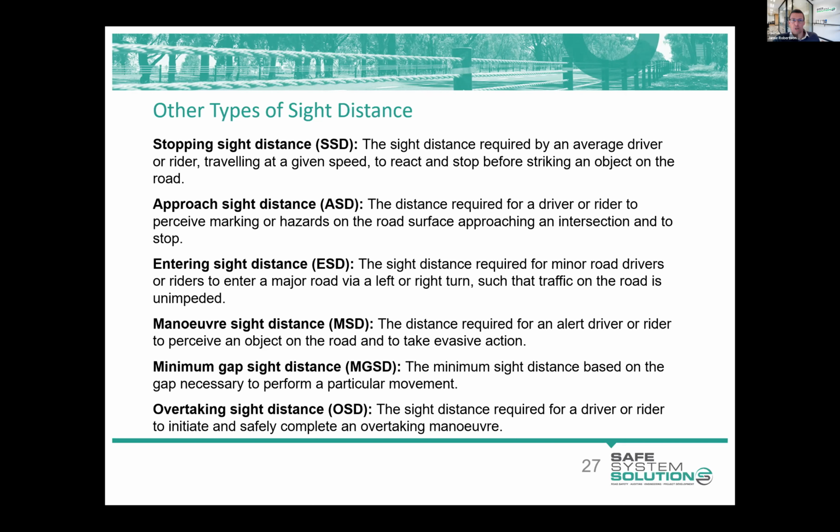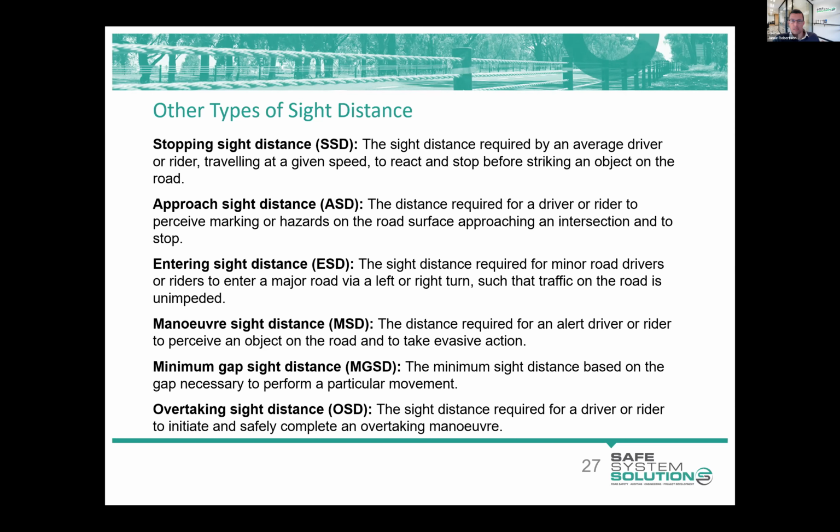It's measured to an object on the road with an assumed height of 200 millimeters. So that might be a rock, or perhaps in the worst case, a person that is lying on the road. And we need to provide enough time and space for a driver to see that situation and take appropriate action. So they're mandatory requirements. Others are more in the nice to have category, such as entering sight distance,